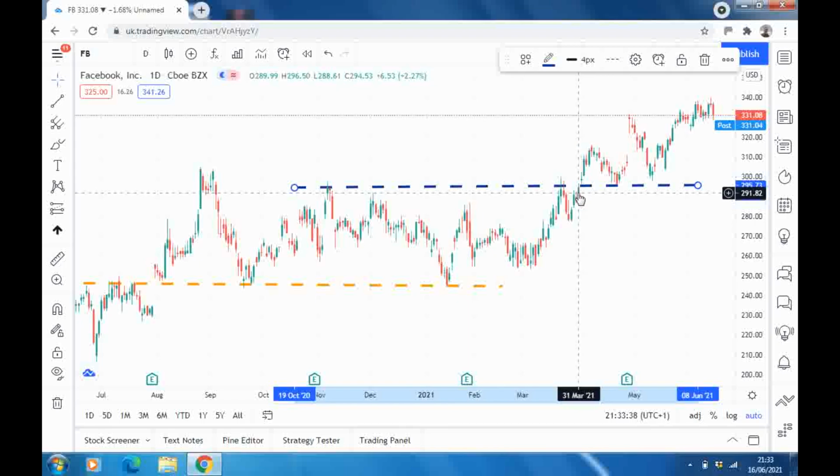If we were back here on the 31st of March and we were interested in buying Facebook, we would have noticed that this is a resistance line and it's bounced off it two, three, four times, and when we saw that it broke through the resistance, that is a reasonably good buying sign to say that the stock is going to move on upwards. So we could then look to buy around here, hoping that the stock would carry on up,